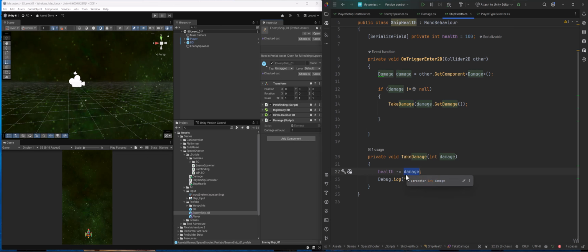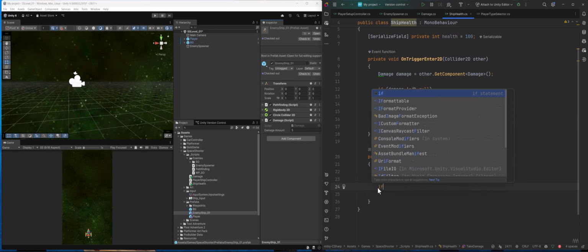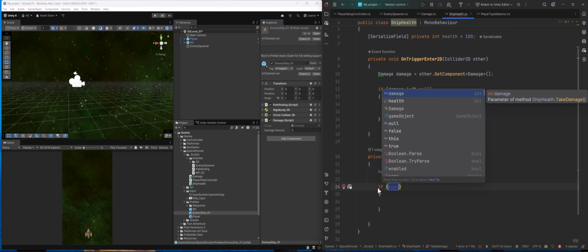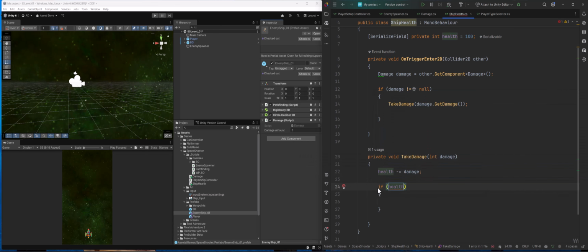And then what we can do here is, I'll get rid of this line too. We don't really need this because this will be enough of a visual indicator. If health is less than or equal to 0, because there could be times when we go less. We don't want to make it equals 0, because say we get hit by a rocket and that takes 10 off, and then we hit minus 100. If we say equals 0 here, we have minus 10, which is not the same as 0. So this way, at least we're saying, hey, if our health dips below 0,